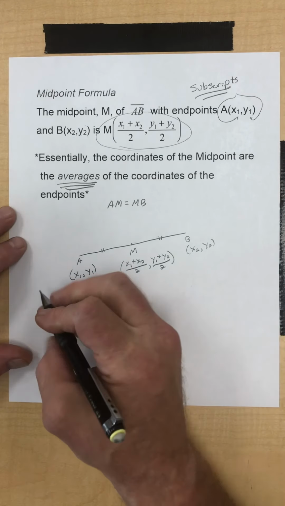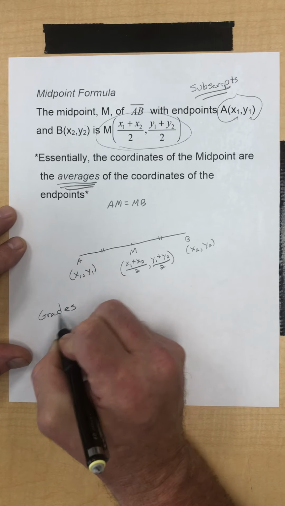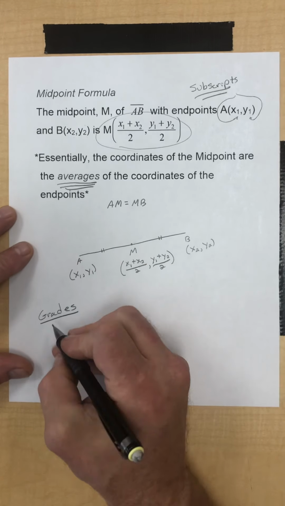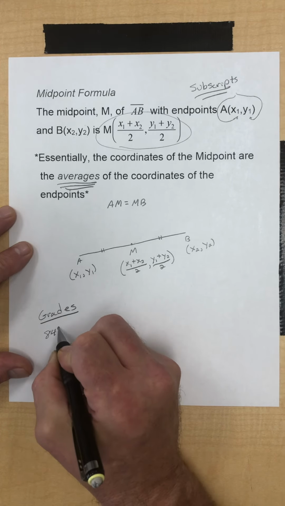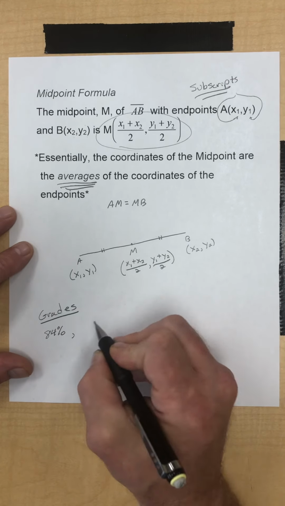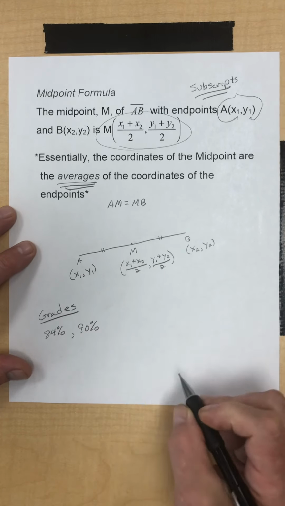Like for instance, let's suppose you had 2 test grades, and let's suppose one test grade was an 84%, and the other was, say, a 90%, and you wanted to find your